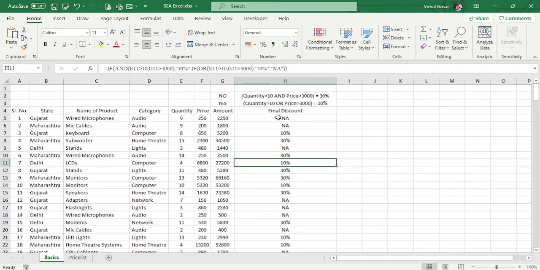We can also have calculations ready with this. We can also get calculations like if at all these things are clear enough that a 10% discount is there, or a 30% discount is there, then we can directly get a value which is multiplied with a reduction of 30%, and we can get a final value as well. So this is how we can get all the commands together. We can merge a few commands into our formula, and we can get a complete new string of a formula which will give you the final results.